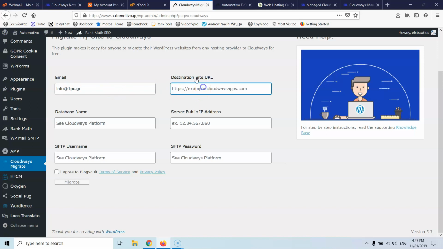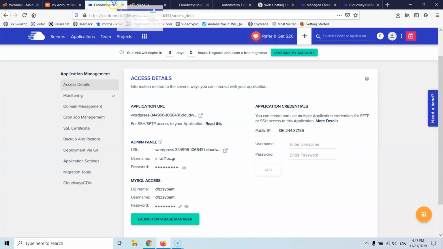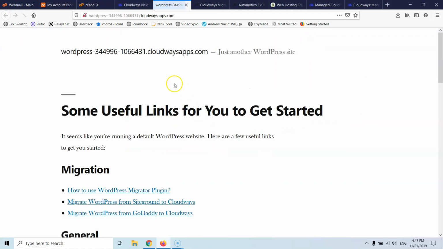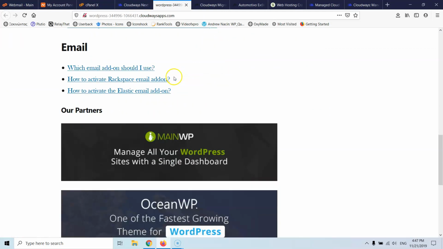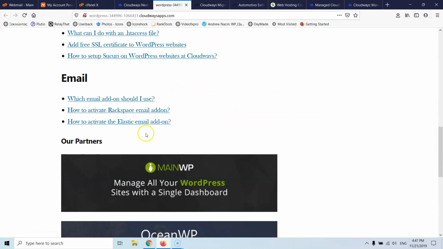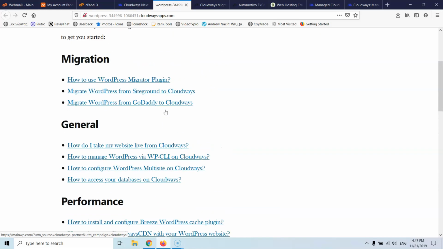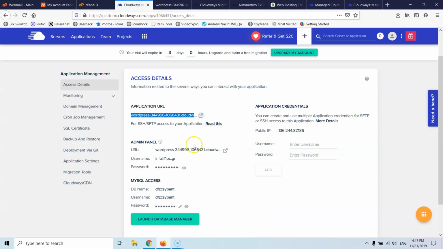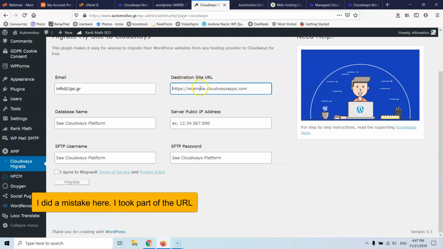Okay, so destination site URL. If you go back to your Cloudways, you will see that the application URL is this one. Okay, this is the URL that you have right now. This is a temporary URL. If you click here, it will open up in a new tab, and you will see it's a blank WordPress installation with some features that they give in Cloudways. You have to go and disable some settings, but it doesn't matter right now. So this is the temporary URL. This is what I will have to copy, and let's go to the Cloudways migration, and I have to paste